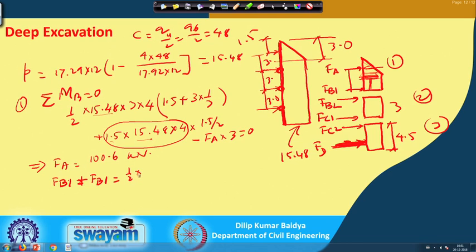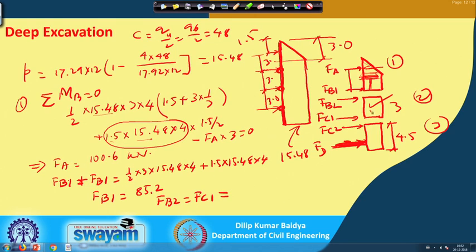So, half multiplied by 3 multiplied by 15.48 multiplied by 4 plus 1.5 multiplied by 15.48 multiplied by 4. So, from here I will get F B 1 will be equal to 85.2. Now, if I go to this, and then it will be F B 2, and F B 2 equal to F C 1, which will be equal to the area of this triangle divided by 2. So, this is 3 multiplied by 15.48 multiplied by 4 divided by 2,